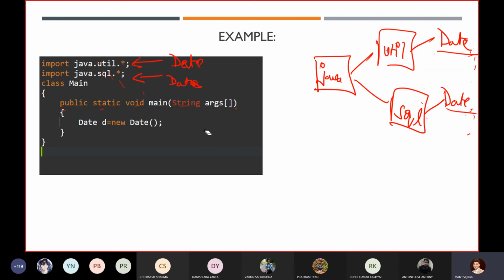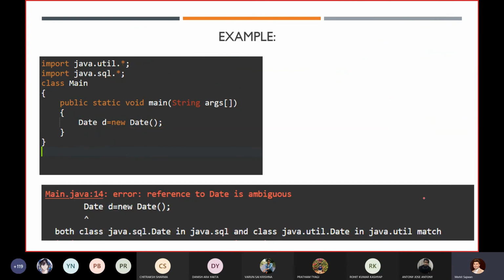What will happen? Whenever we create an object of this class, my compiler will get confused about whether I should create an object of this Date class or that Date class. Our compiler will get confused about which Date class's object to create, the util Date class or the SQL Date class. So that is why we will get an error, and the error is